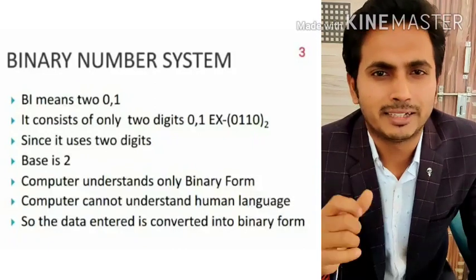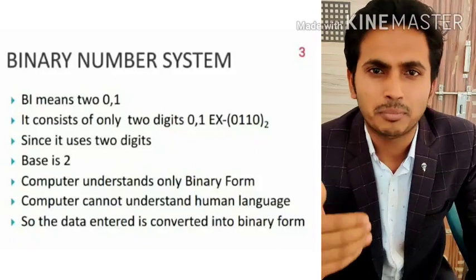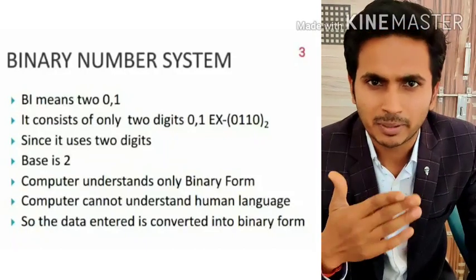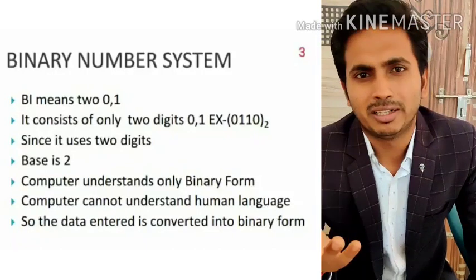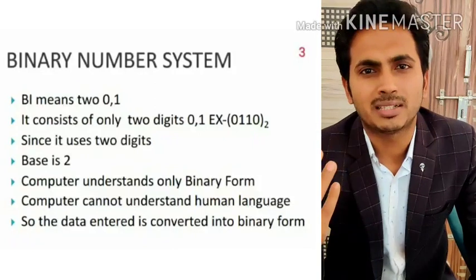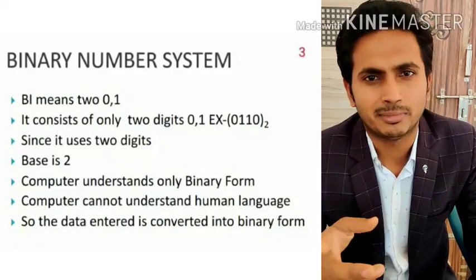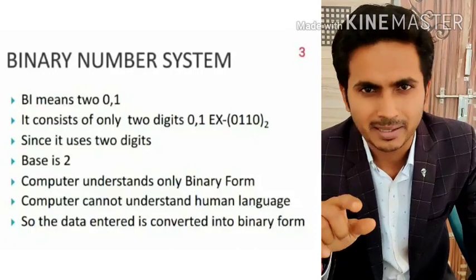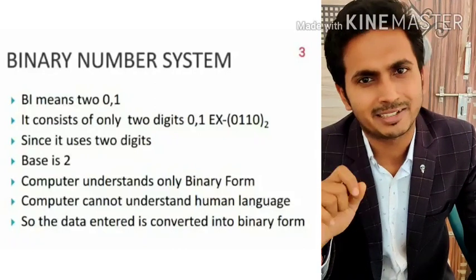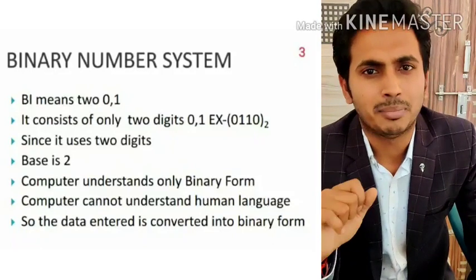What is the meaning of equivalent? Suppose there is a decimal number 5. What will be its value in binary form? That is 101. I will explain it in the later part. Similarly, 101 is a binary value and its decimal value is 5. So how do you know whether 101 or 5 is binary or decimal? By its base, the subscript we write. If we write 5 with base 10, it is a decimal number. If we write 101 with base 2, it is a binary number.